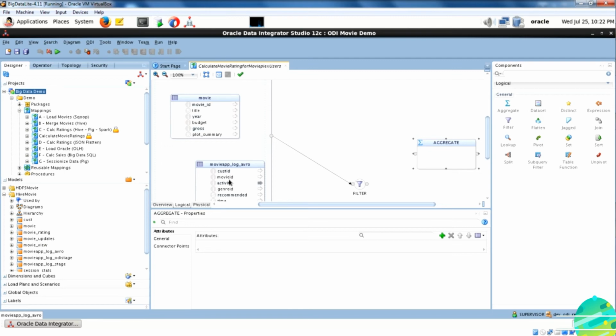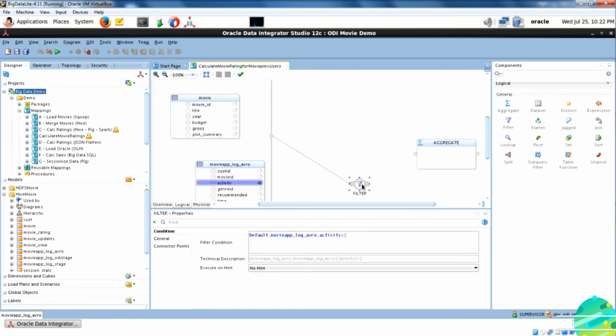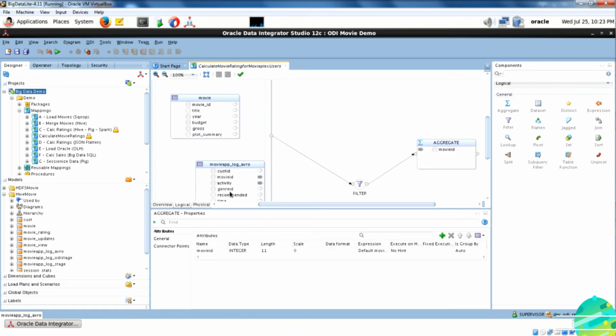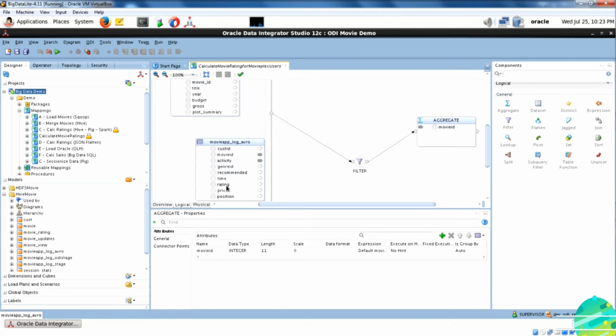next you are going to add aggregate. This is where you will calculate the rating on filtered data. You are going to take the movie ID from the movie log AVRO and then the rating.